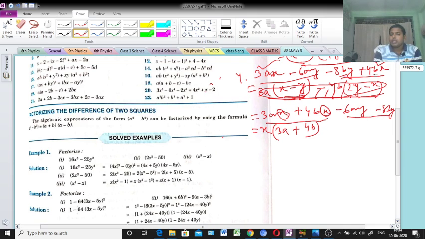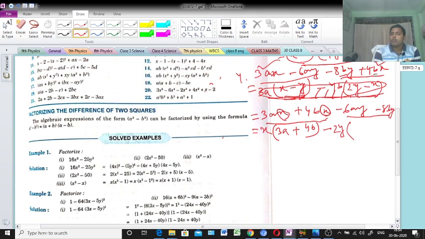Now from the last two terms, any common portion there or not? Check it. Yes, minus is there, and here 6 and there 8. Yes, common is there. What is the common? 2 is a common portion, because 6 is divisible by 2, and 8 also divisible by 2, so that's why we'll take 2 common. And see here a, b no common, but y is a common portion, that's why we'll take y also.